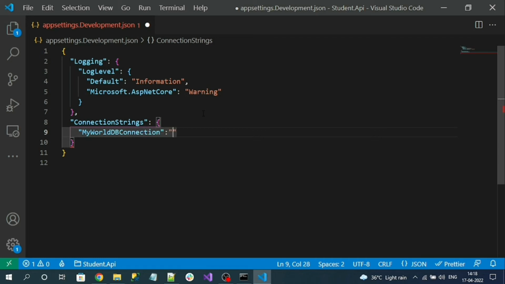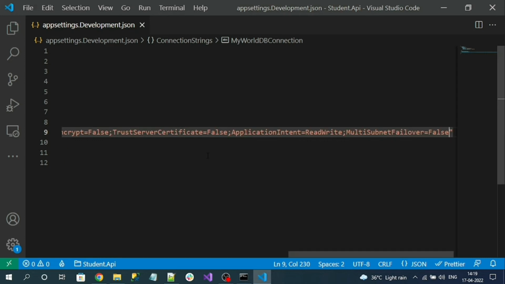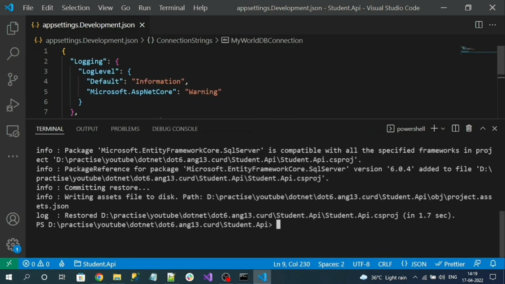Okay, and here add your connection string. And now let's set up the Entity Framework Core database context. So we know that a database context is an equivalent class in the application. It is a class that is equivalent to the database. Okay, so now what we will do,